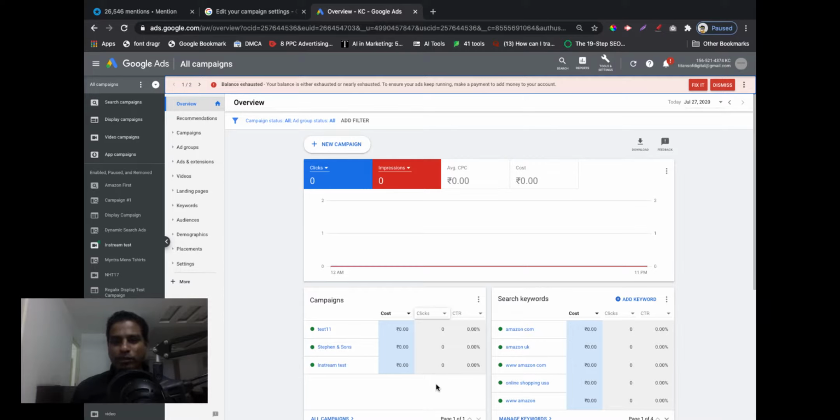Now, why is it so powerful? Because everything begins from the campaign, and the moment you create a campaign and then you start creating your ad groups, come up with keywords. So basically, you control everything about how a campaign performs, how a campaign behaves, where a campaign should show, what a campaign should contain, what the budget is. So you define all these things at the campaign settings page, and that's the reason I said it is going to be one of the most important elements in your Google Ads journey.